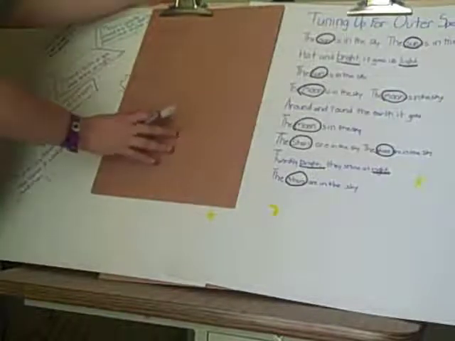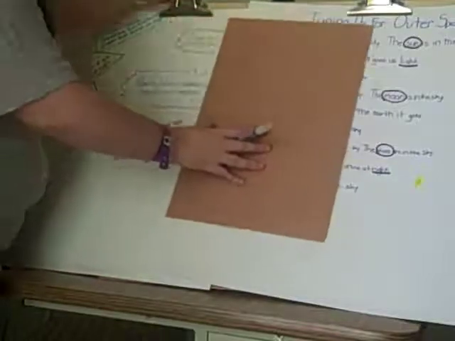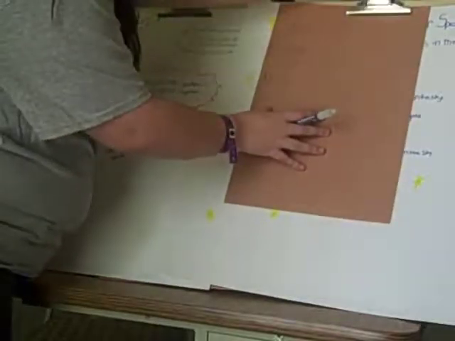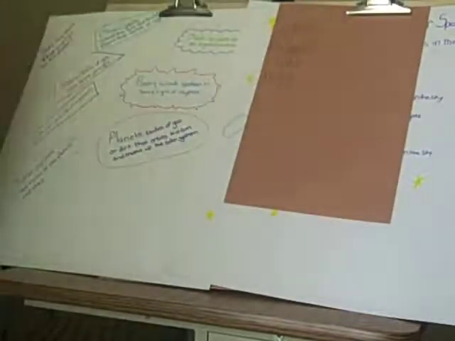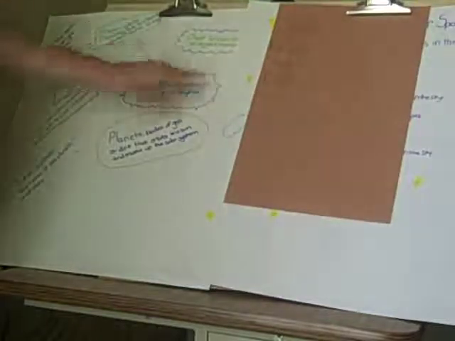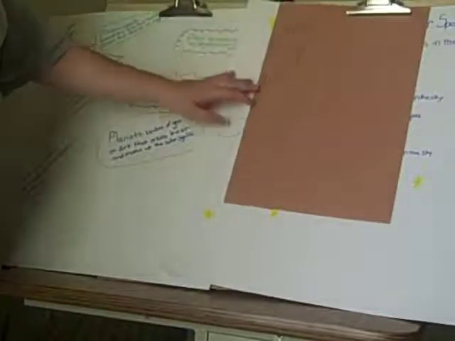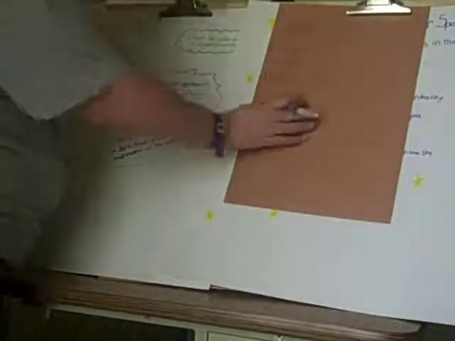Good. Now let's look at our vocabulary words again, see if we can find any more words in our vocabulary words. So we already have, in sun, we talk about the light. We have light right here. Light. Night. Okay, night again. It looks like we don't have any more "ite" words in our vocabulary. So what are some other words that you can think of that might end in "ite"?